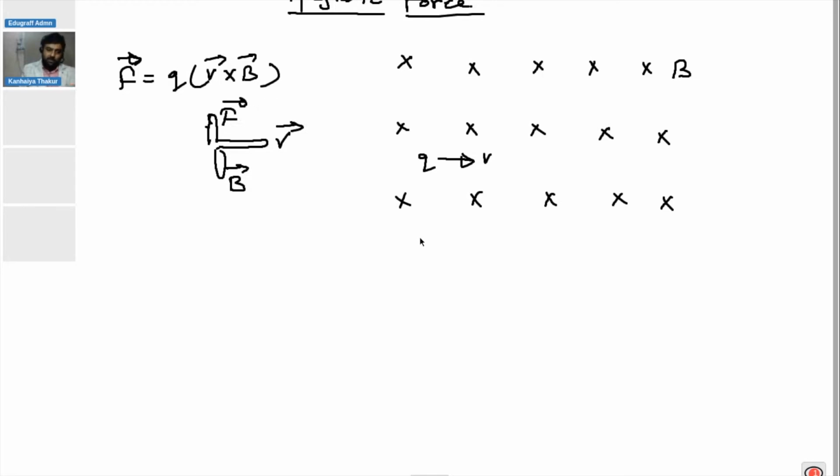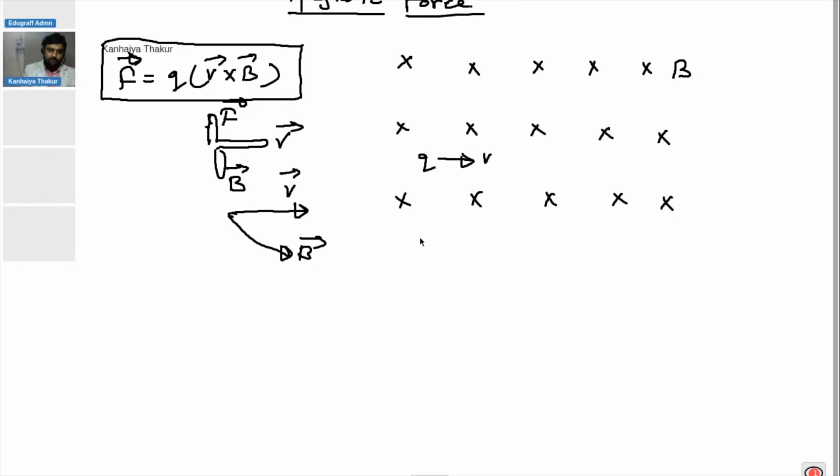We can also use the right hand thumb rule. That is quite easy to get the direction, because let's say this is the V vector and this is the magnetic field vector, which is the B vector. Now this rule says that put your right hand on the V vector, curl your forefinger towards the B vector, and that will give you the direction of V cross B, right? So this is the magnetic force.